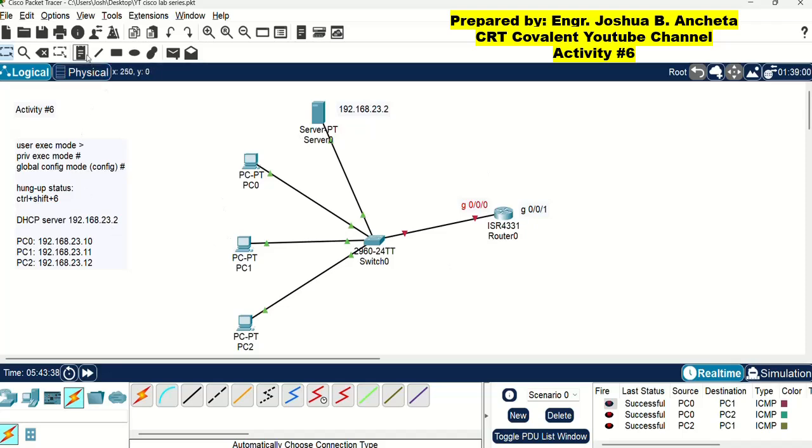By the way, we can label this side as LAN 1, Local Area Network 1. Therefore, the IP address of G0/0/0 must be 192.168.23, and we can use that one.